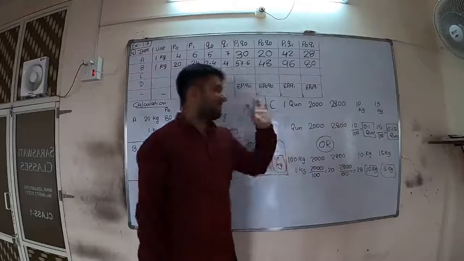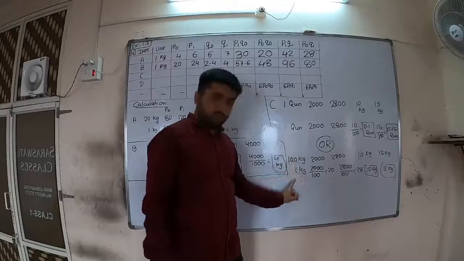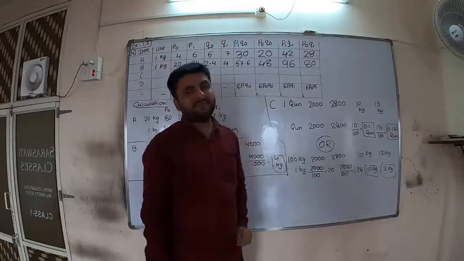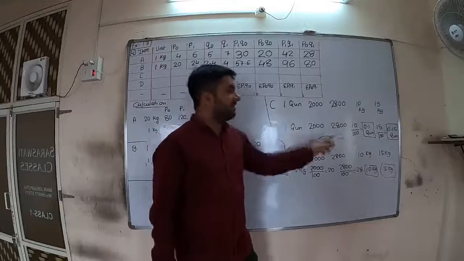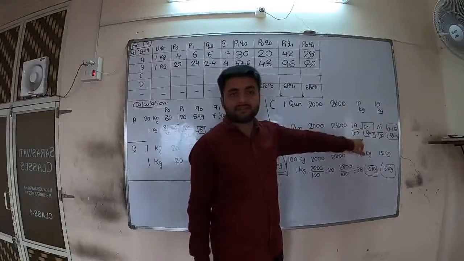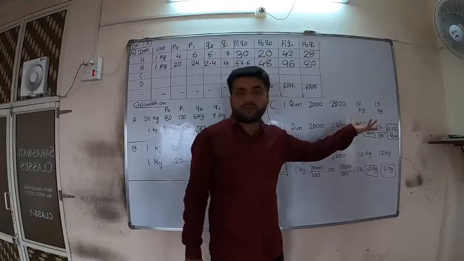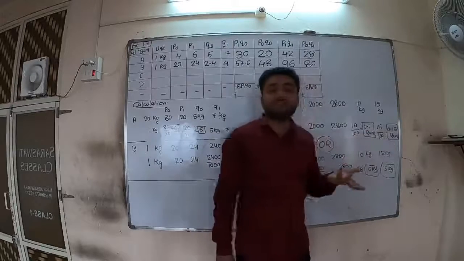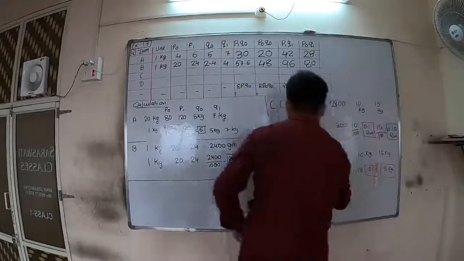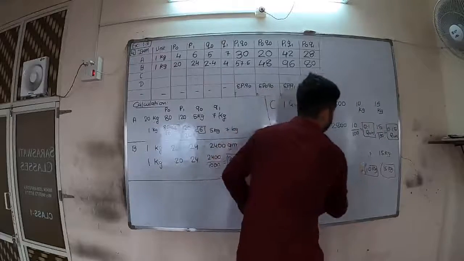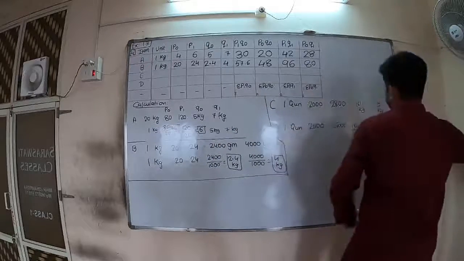As per me, in a single step you are getting the answer. Here you have to do 2 steps. So better is this: when you have unit 1 here, then check the answers are okay. 10 by 100 is 0.1, okay. 15 by 100 is 0.15, okay. You do not need these 2 steps.